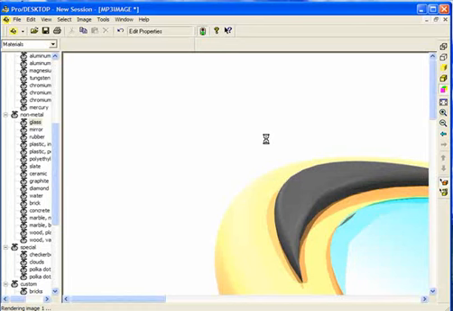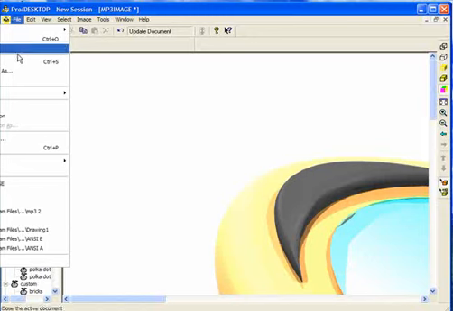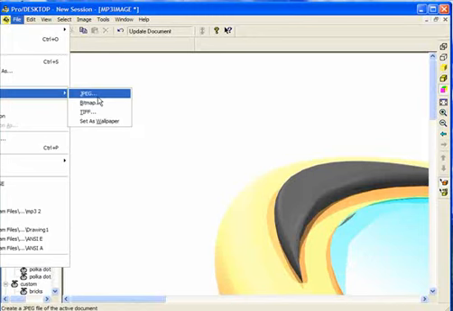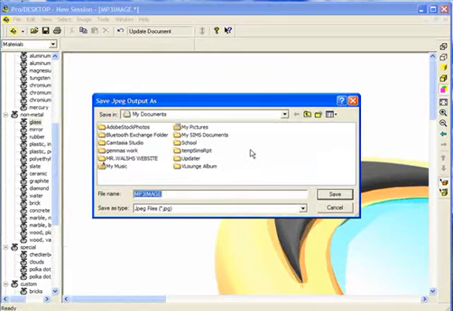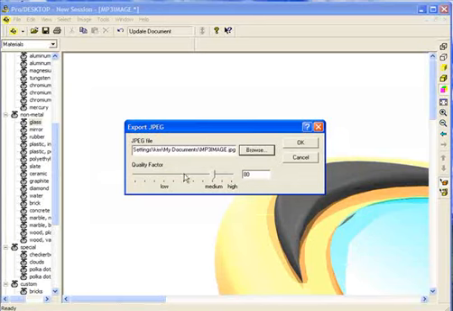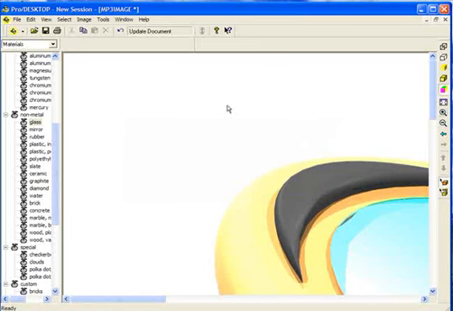You're now rendering a larger image than can be shown on the computer screen. Wait until the timer stops. Once the timer has stopped, you can now export the image. Simply click on File, Export, JPEG. Click Browse and make sure you know where the image is going to be saved. Keep the quality factor at about 80 and click OK. Your image is now